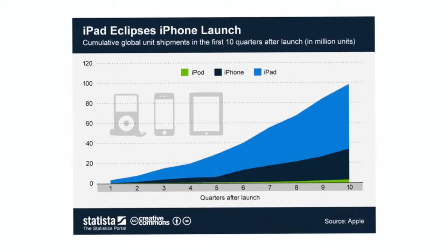And so what this chart shows you is the green line is the iPod, the black line is the iPhone, and the blue line is the iPad. And what they've done is they've taken the same first 10 months of sales and stacked them, so that you can see how they sold in the first 10 months. And you can see the iPad is a phenomenon. It's actually stealing all the growth from the computer industry. The computer industry is declining,